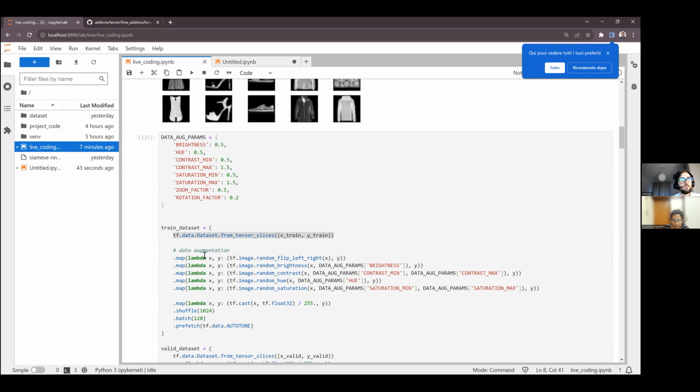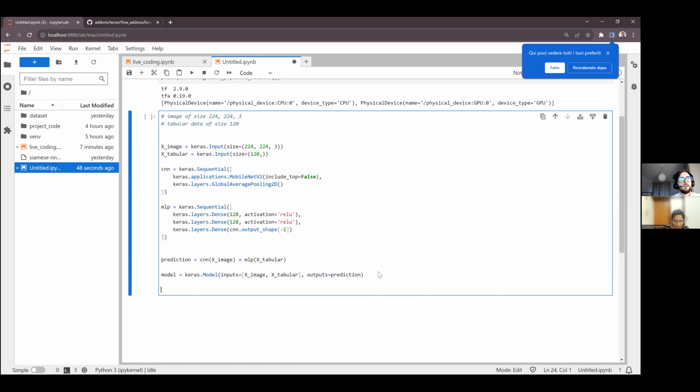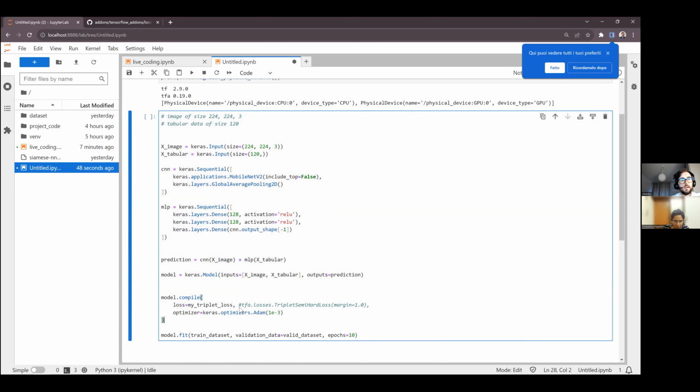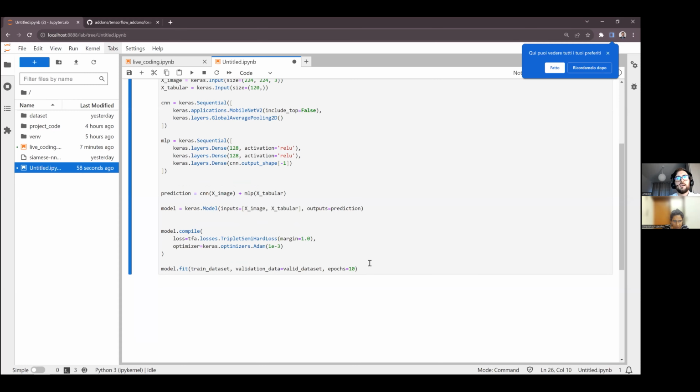Let's go to the part of the training here. Again, we use the implemented loss. When this is no longer supported, we can simply copy the code if we want to be sure to have it after some time, or you can find many implementations of the triplet loss online.